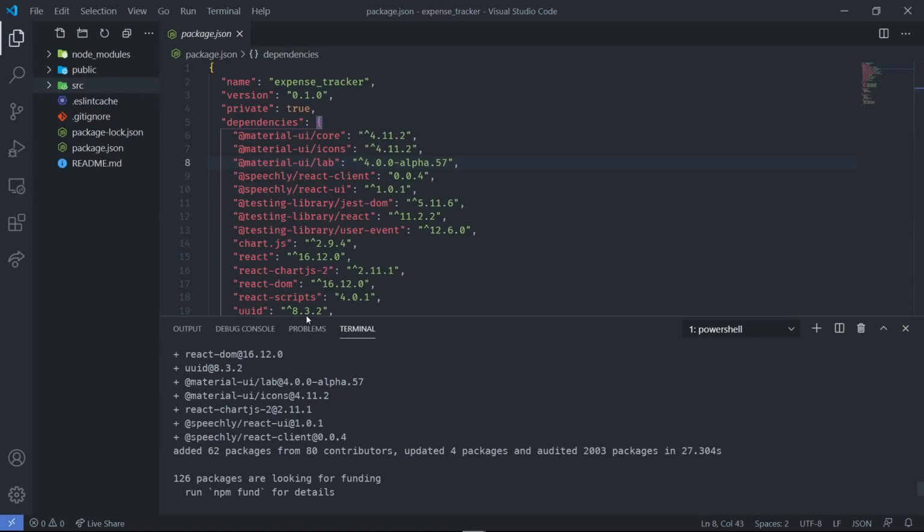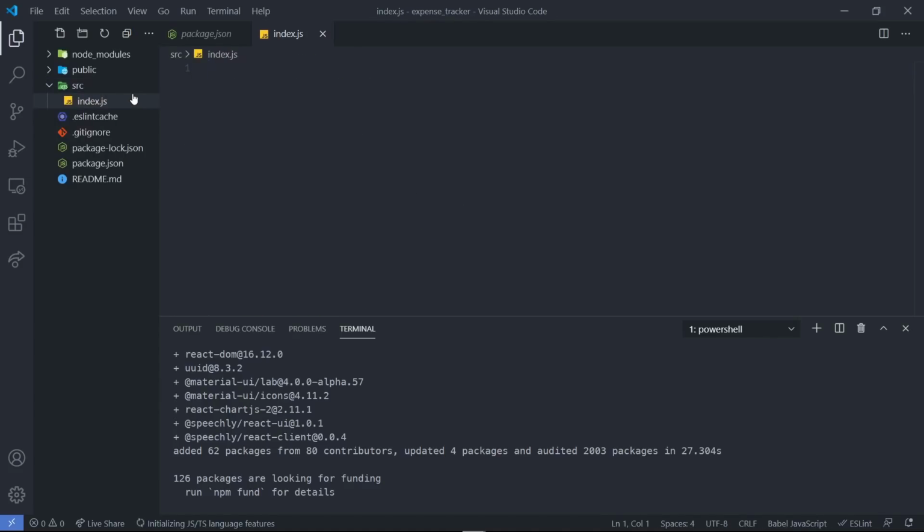Once everything is installed, we're first going to do a bit of a cleanup of the source folder, and then we're going to start our application. So feel free to completely delete the source folder and create a new one. So new folder, src. Inside of there, we of course need to have our index.js,